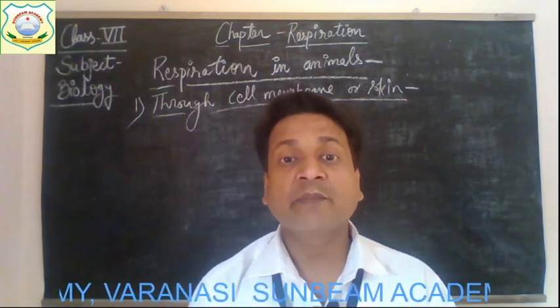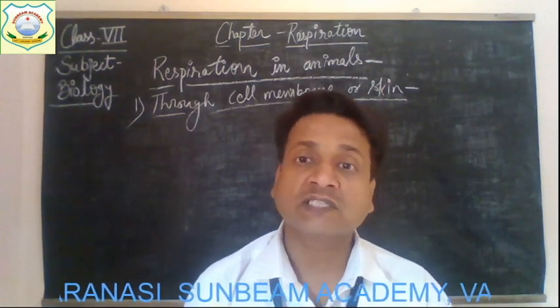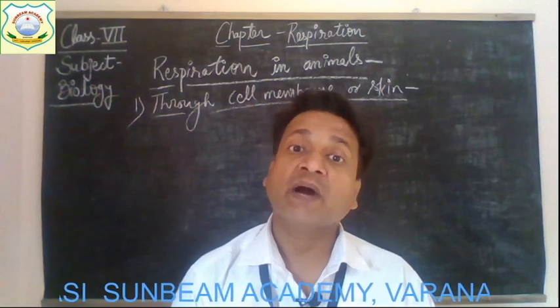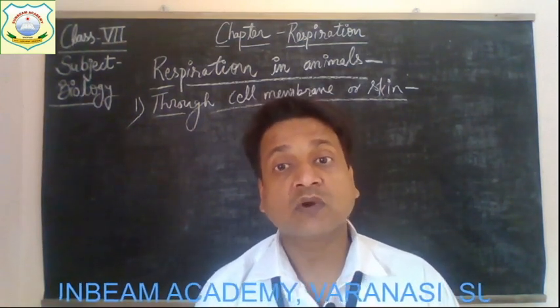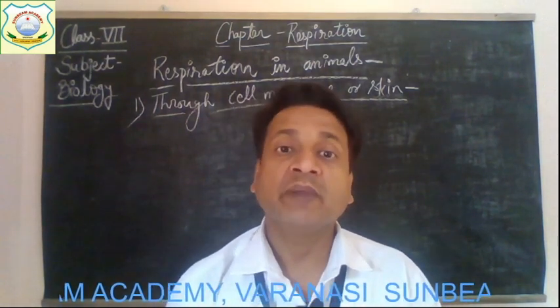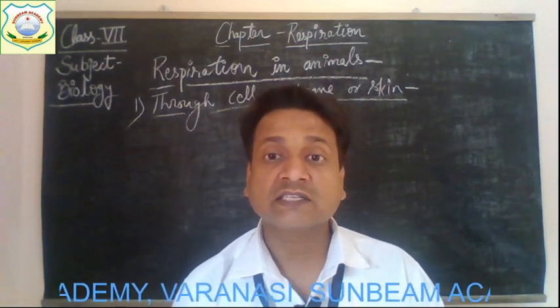The exchange of materials takes place with the help of a difference in concentration, from higher concentration to lower concentration. So this is the process by which unicellular organisms mainly exchange gases, and this exchange occurs through the